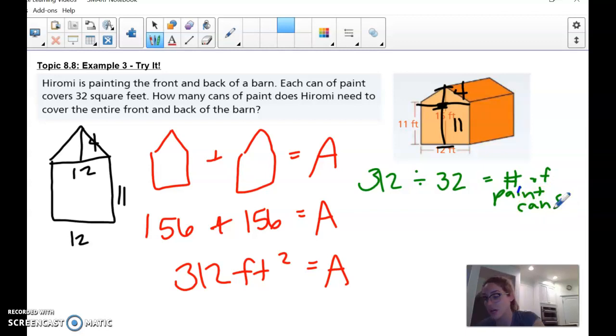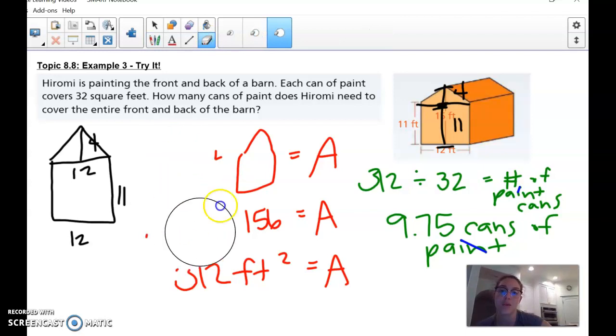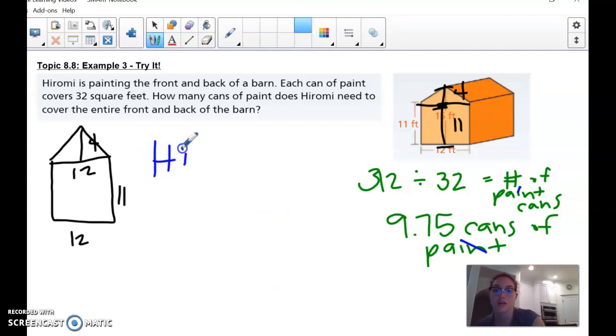All right, now when I do 312 divided by 32, I end up with 9.75 cans of paint. So that's how many it's going to take. I've never seen a store sell a 0.75 or a can of paint filled to 0.75 or 3/4 of the way. So I'm going to say that Hiromi needs to buy